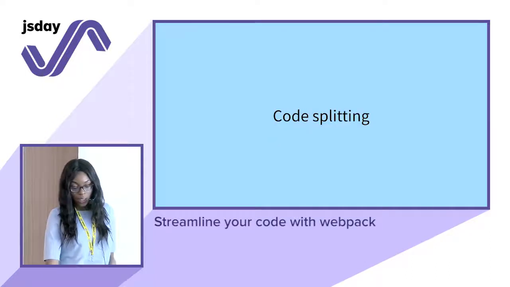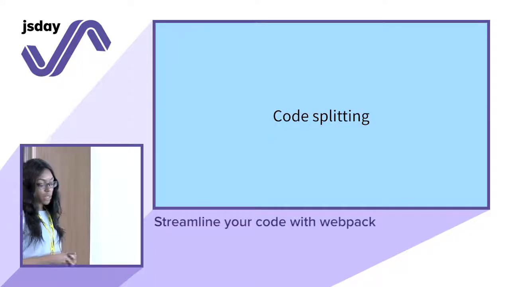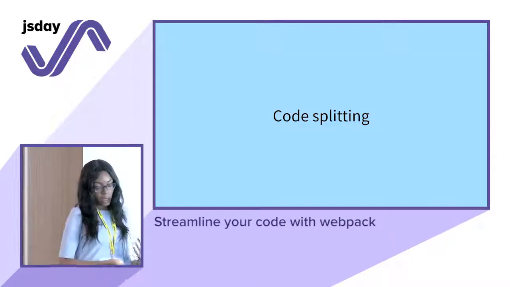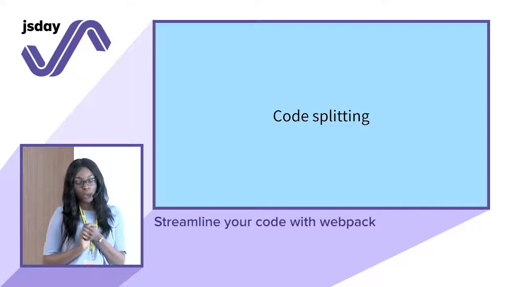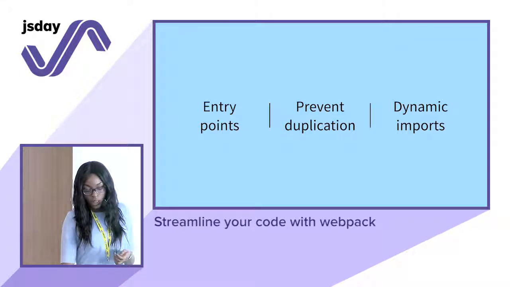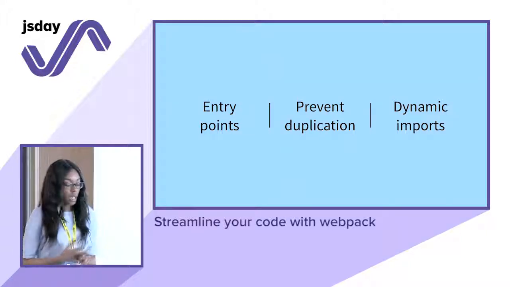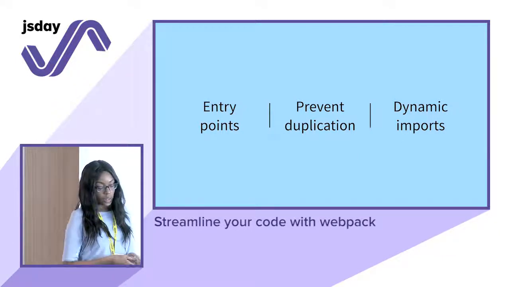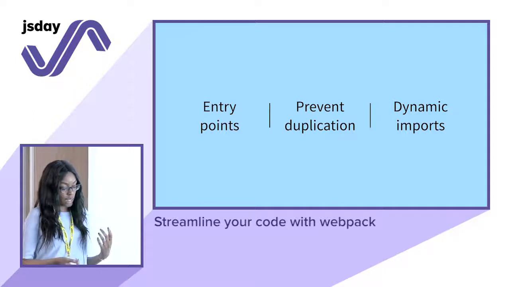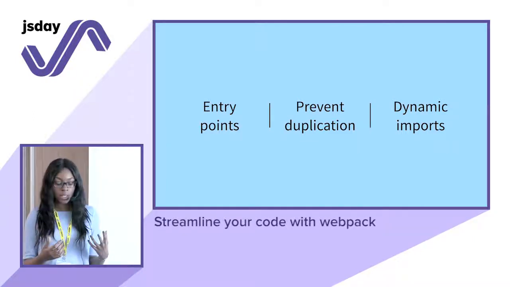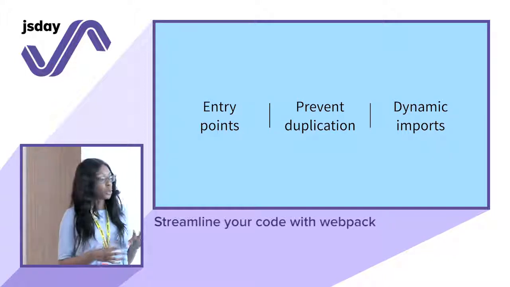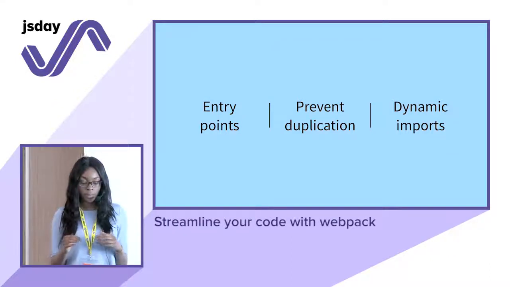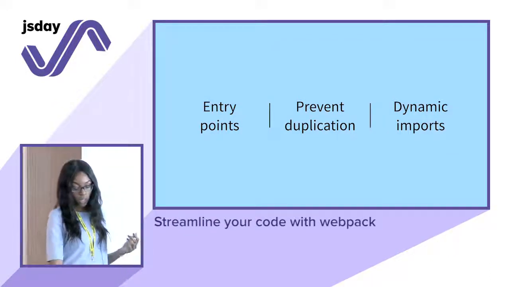Another great thing about Webpack is code splitting. So depending on how you do this, you can really improve page performance again, because you can get a quicker load time by providing assets that are smaller. If you look at the Webpack docs, it talks about code splitting in three ways: entry points, preventing duplication, and dynamic imports. Entry points is specific to the code that you're writing and the code that will be used in different places. But it's all about creating more smaller bundles, and that's up to you to do manually and to decide where to split your code. Whereas preventing duplication, we'll take a look at a little bit more.